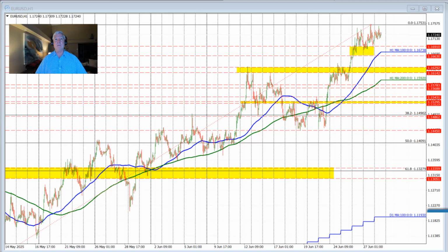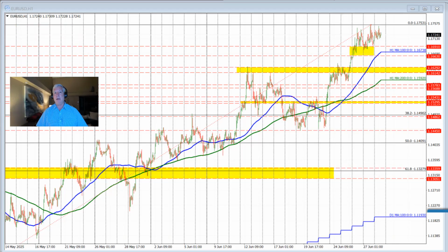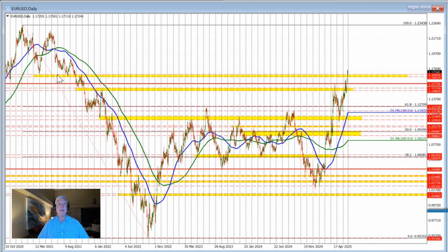Let's take a look at the euro versus U.S. dollar from a technical perspective. If we look at the hourly chart here, the price action trading here today, as mentioned, is up and down with little change. The euro is up about 0.5% on the day after reaching a new high for the year, trading on Friday. That new high for the year took the price above this key area off the daily chart. This swing area goes back to